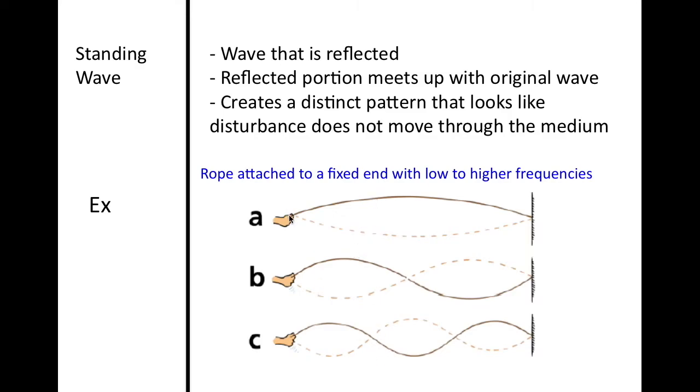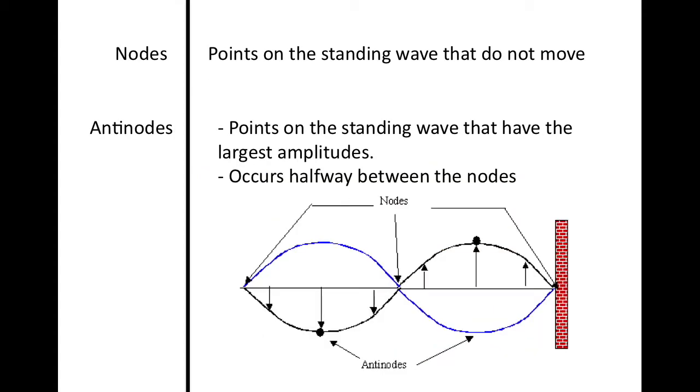And this is just showing how the wave, the energy transfer, gets reflected back. The energy transfer here gets reflected back. And also here, it gets reflected back. However, because of this reflection, it looks as if there is no movement of the disturbance or the energy transfer through the medium because of the reflection. Notice that when you are doing this, because it doesn't even look like it's moving, you create these areas and points right here where it doesn't seem to move. And this is why we call them a standing wave, because it doesn't look like it's doing anything,